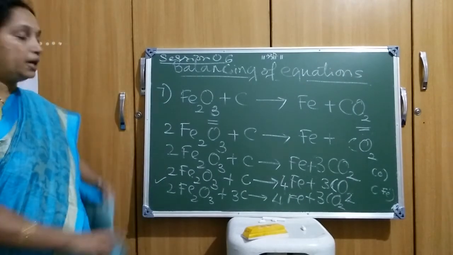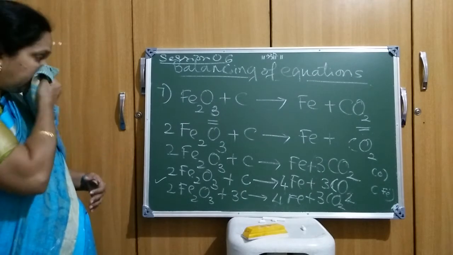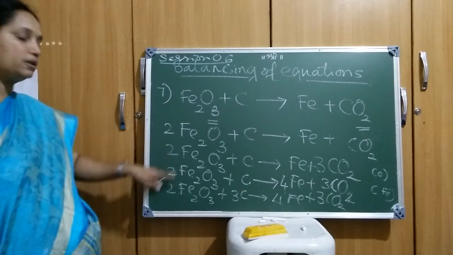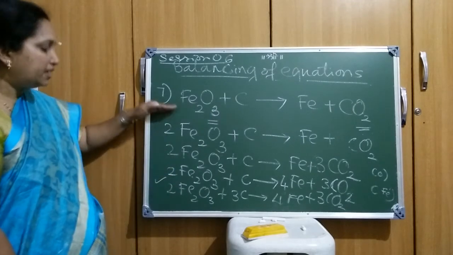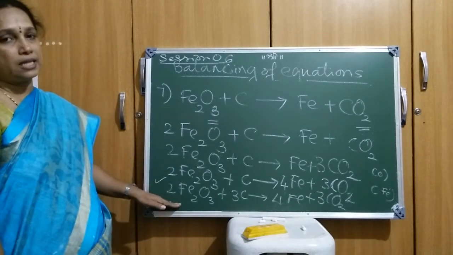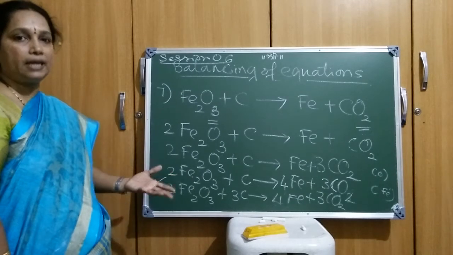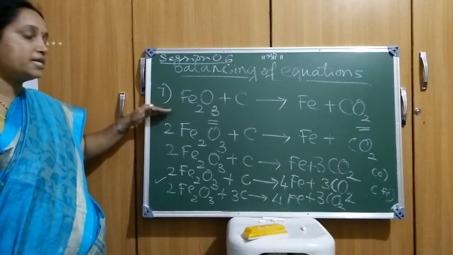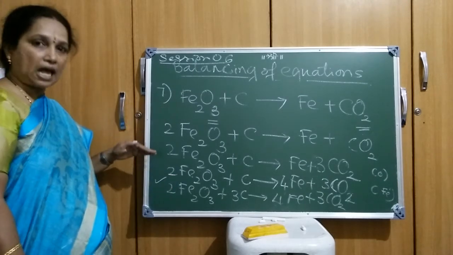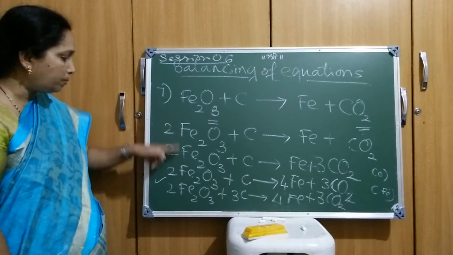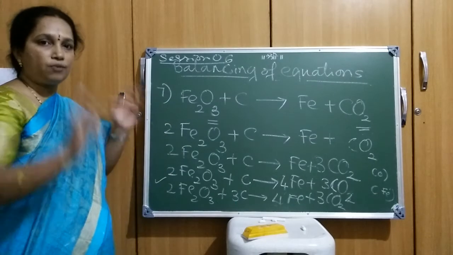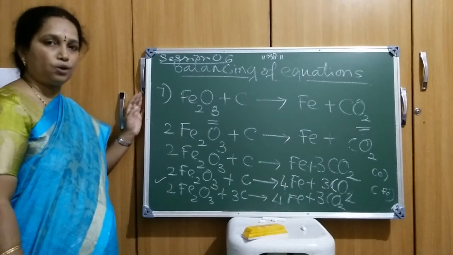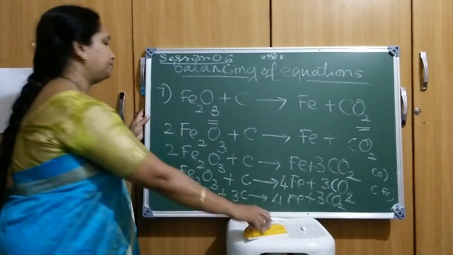Now look here. When you are practicing these balancing, you can go step by step like this. Or once you understand the steps over here, directly you can go for the last step also. It depends on trial and error method, right? So to understand in each step what are the changes I have done, I have showed it in 4 steps. So instead of that, you can go for only 1 step also, 2 steps also. I hope it is clear, children. Okay.